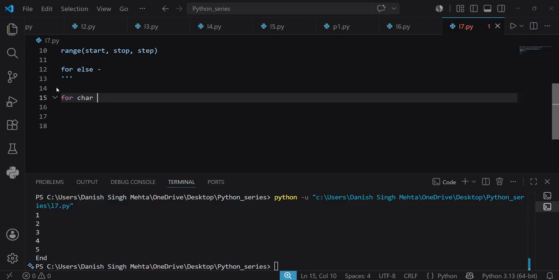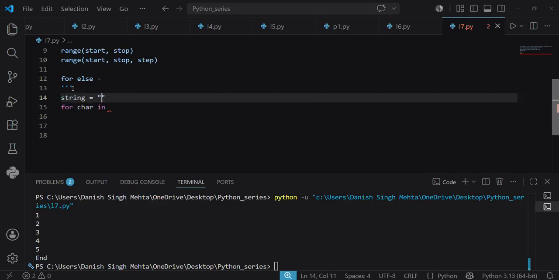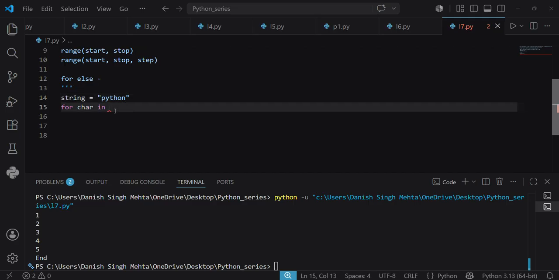for char in range, let's see, for char in, if I write here a string python, for char in string,